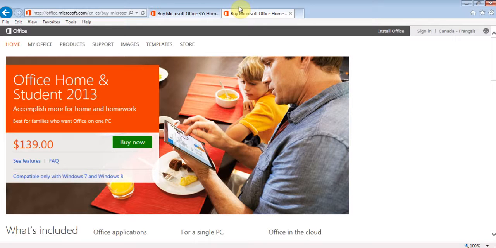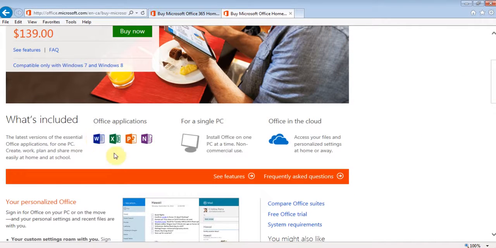So you can buy Office 2013 in two flavors. One is the standard one, which you can buy like the DVD, or you can download and install it on your computer, which is for one PC. And their basic version, which is the Home and Student Edition, comes for $139, which includes Word, Excel, PowerPoint, and OneNote. So they also have some other versions like the business version, which is for $250, which also brings you